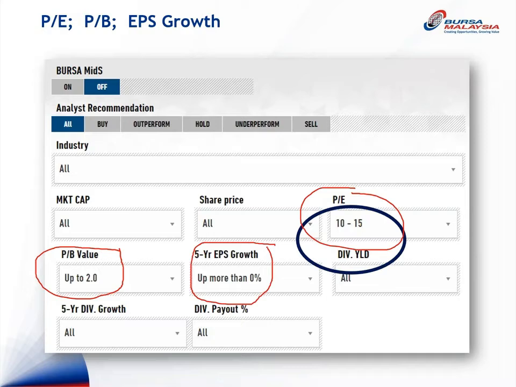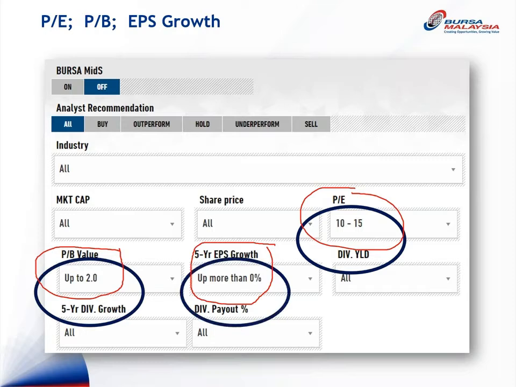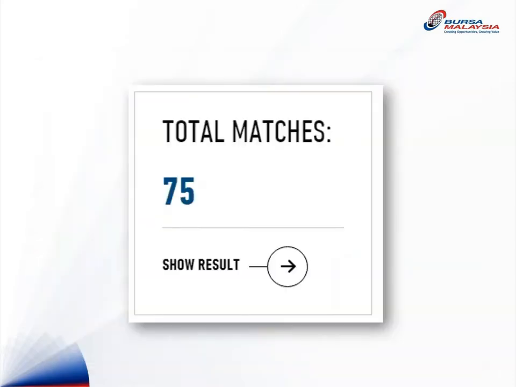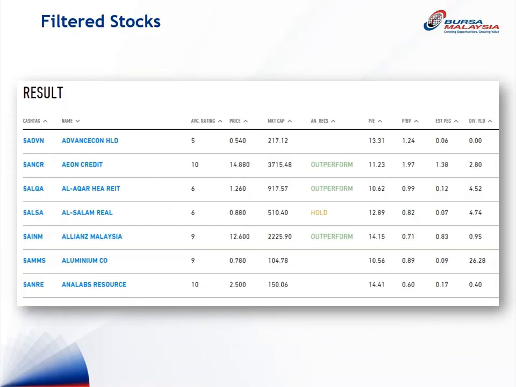That means the stock is actually making some money every quarter. So the earning per share should be growing. So with these elements selected, I'm able to filter certain stocks that meet my criteria. In this case, I pick up 75 stocks. You see, the Bursa website actually shows you all these things, and the good thing is it's available freely to everybody. Okay, and then from here, you can actually see the stocks, and also the stock has been remarked by